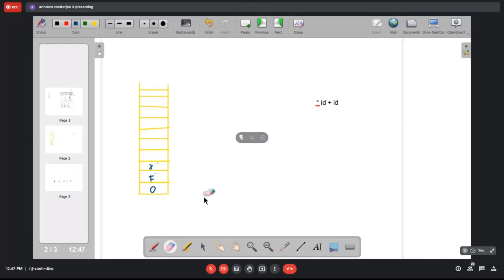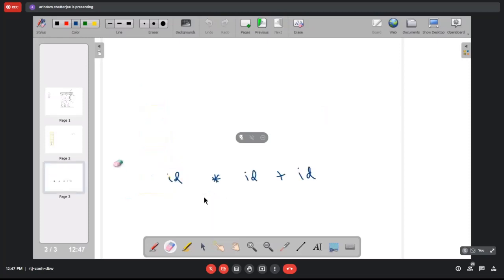But since this was a reduction action, we have to handle the parse tree. So this is the first move in the parse tree. Let's put a number against it. This is step 1.